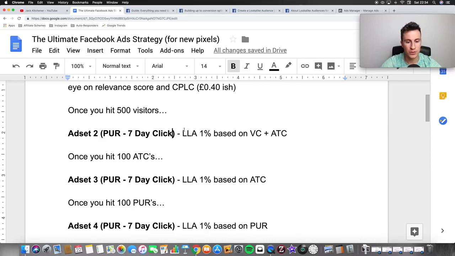So ad set number 2 then, it's going to be our first lookalike audience. It's going to be the first 1%, which is going to be the smallest amount and more focused audience. And it's going to be based on the people or the conversion objectives of view content and add to cart,